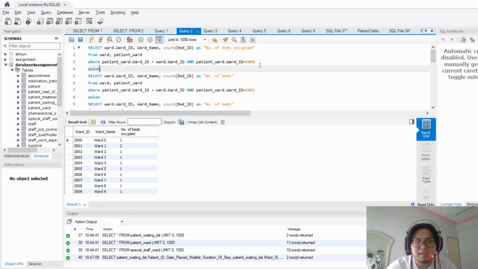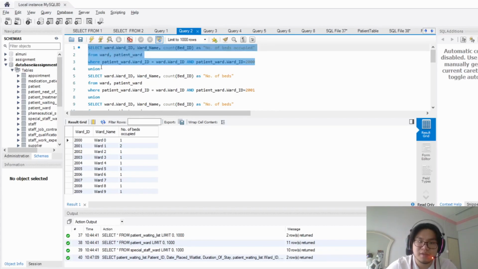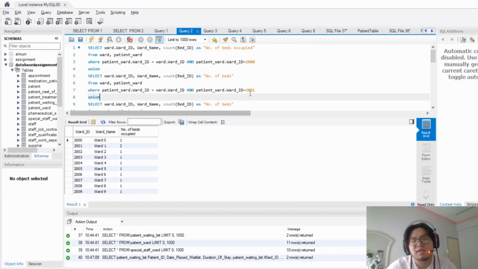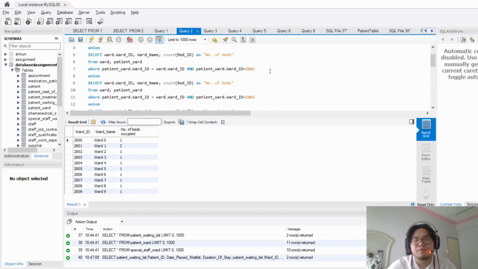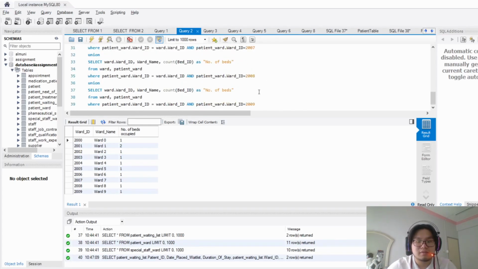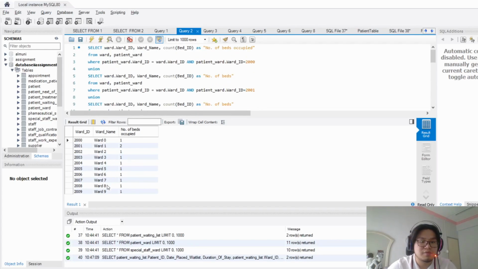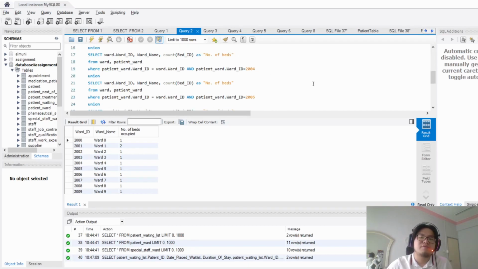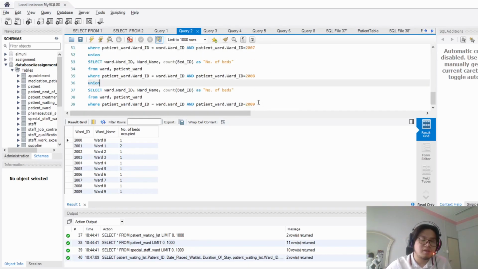You may notice that this whole code is full of a select, then union, then select, union, select. The only difference between all of them is the ward ID for that patient. So basically we have all 10 wards here from 0 all the way to 9. You might think that this code isn't automatic, like if the hospital adds a new ward, you have to go into the code and add more yourself. But we still think this is a viable approach to this solution,